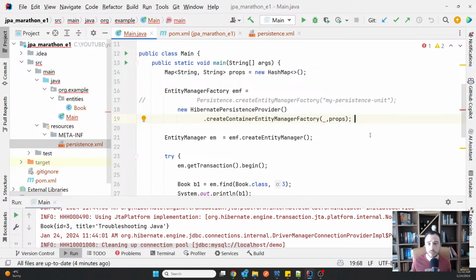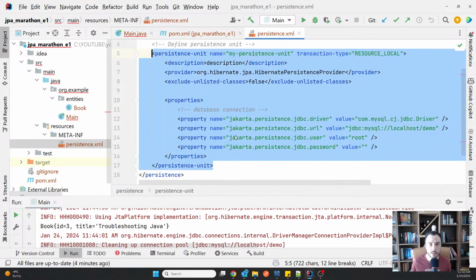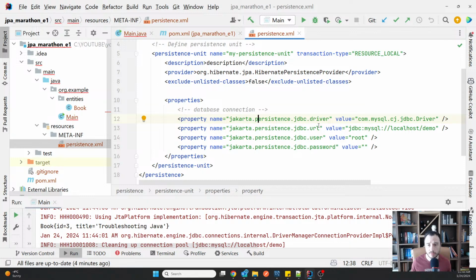The persistent unit info is an interface that allows you to describe basically exactly what you would have described here with this XML description. So the driver, the URL, the user, the password, everything here has to be described using a persistent unit info file.